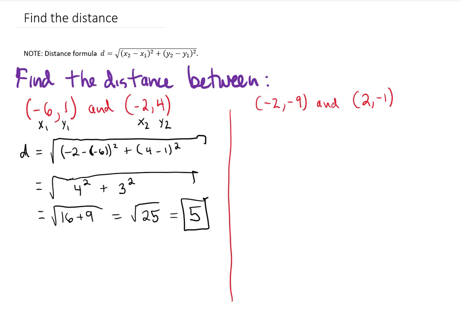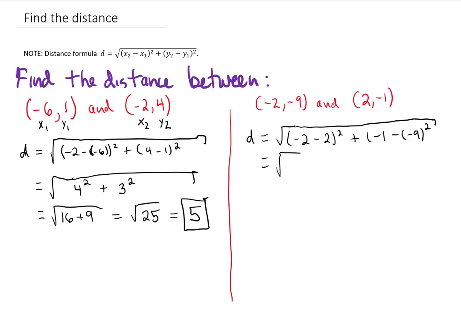Okay, so why don't you pause the video and see if you can do the second problem on your own here. And assuming you took a good shot at it here, let's do it together now. D equals big square root of x2 minus x1 squared plus y2 minus y1 squared. All right, so far that's just taking the x1, y1, and the x2, y2 and plugging them essentially blindly into the formula. Next, square root, let's see, -2 minus 2 is -4 squared